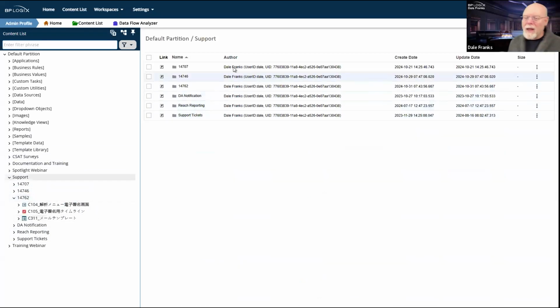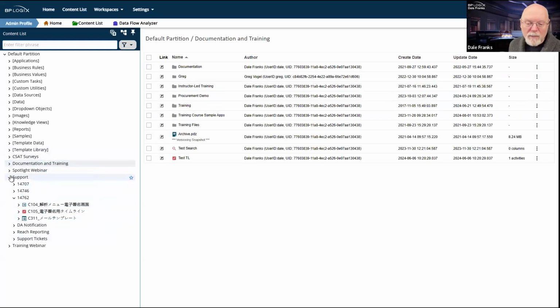In any event, the name tab hasn't changed much, but if we look at the author tab, it gives me my user ID and my UID. All of the dates are explicit dates with the exact timestamp that this object was created, and the exact timestamp, down to the millisecond, at least according to the server's time, that this object was updated. So it gives me a lot more information. It's also going to give me more information when I start opening items.